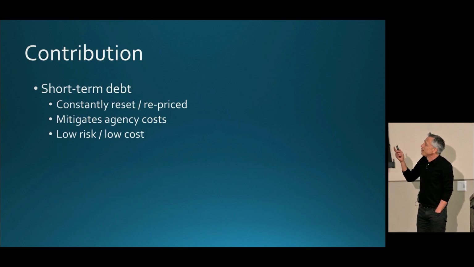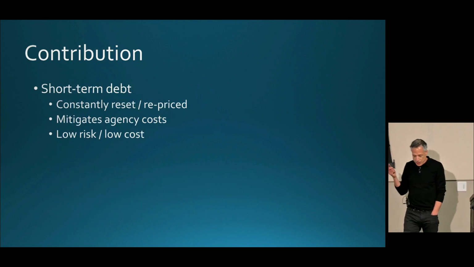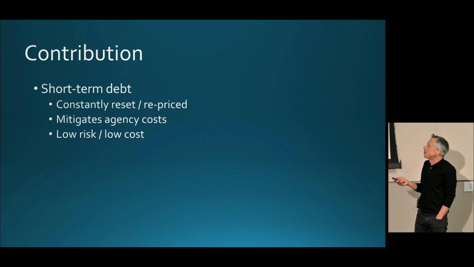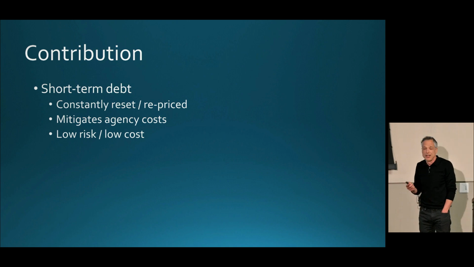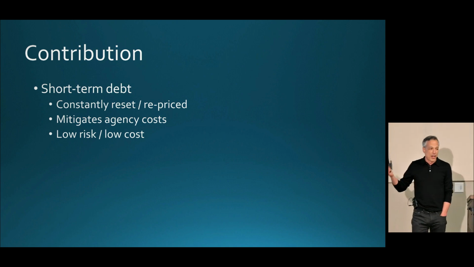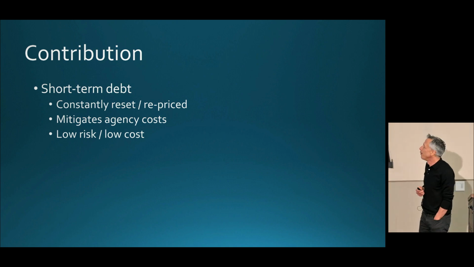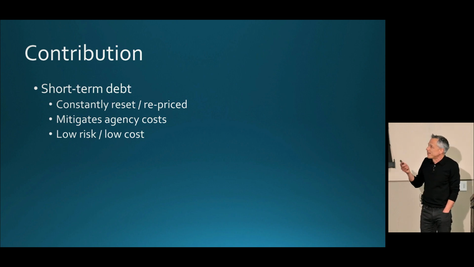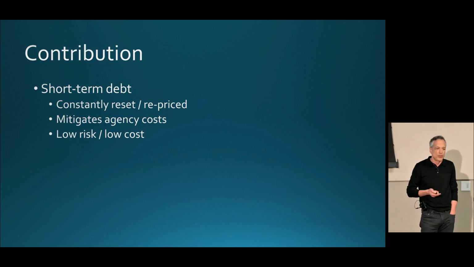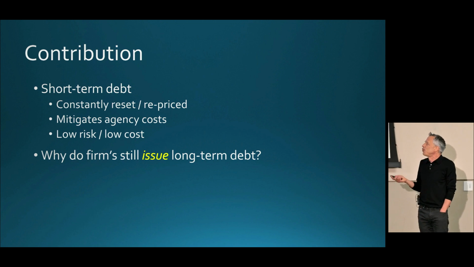Okay. Now, in the paper, and if we think about it more generally, short-term debt we know has a lot of advantages, right? It's constantly reset and repriced. We know it's going to mitigate lots of agency costs, including the dilution cost that's relevant here. It's low risk, it tends to be low cost for those reasons. And so a question would be, if you have access to short-term debt, why are you going to issue long-term